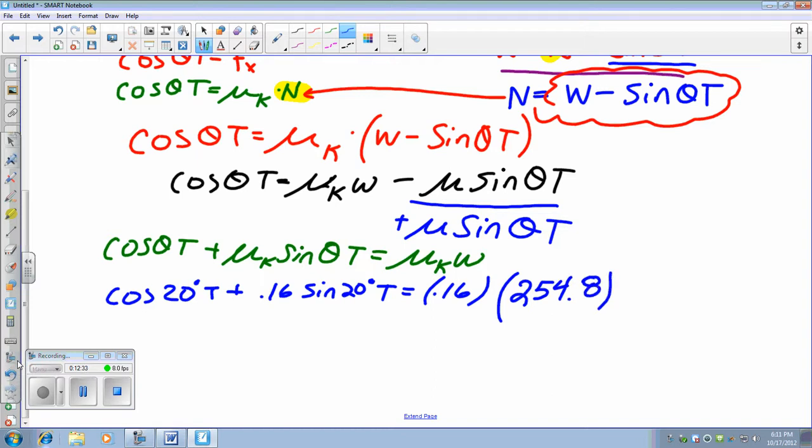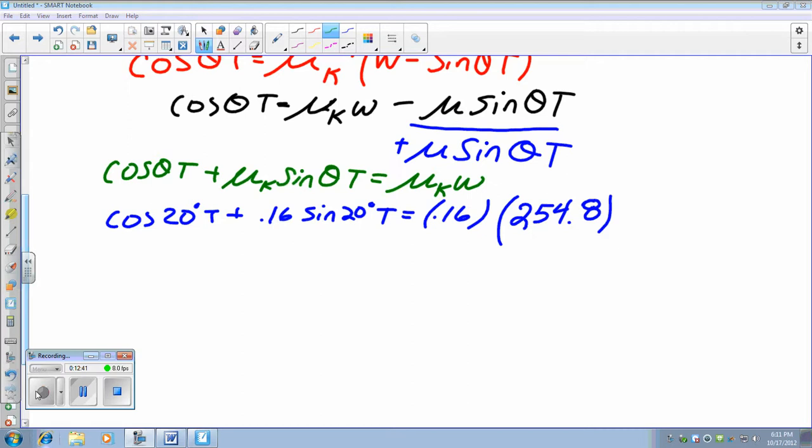Now I can do some simplifying and get some math going here. It'll make this a little bit cleaner. Feel free to pause the video and do the math ahead of time if you'd like. So just so you know, when we get the tension finally, the work questions are going to be so easy. So stick with me on this one. We've got 0.94 multiplied by tension plus 0.055 tension equals